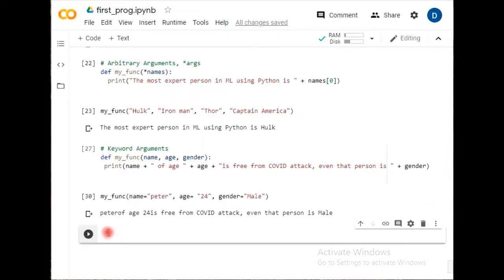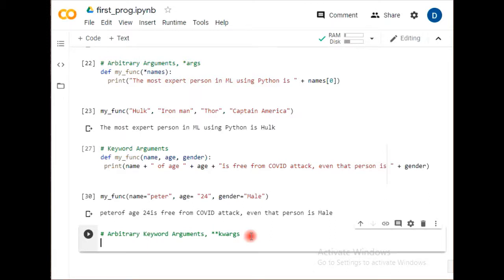Let's work to the next, which is arbitrary keyword arguments, and in short many times it is called kwargs. And here we are using the double asterisk sign. So again we are going to understand this with the help of one example. So how does the double asterisk work? Basically wherever the two asterisks are before the parameter name in the function definition, the function will receive a dictionary of arguments and can access items accordingly. Let's take an example and the utility of this double asterisk sign.